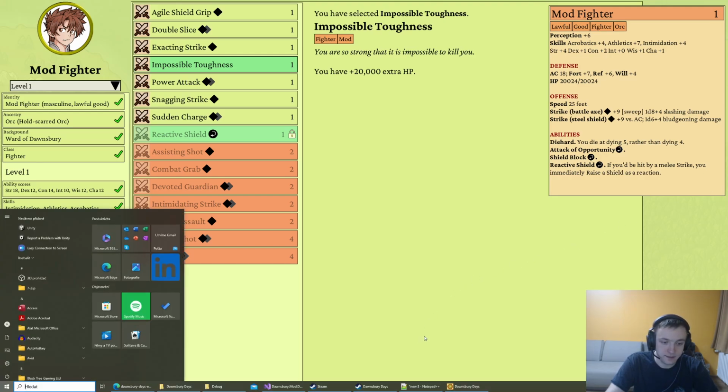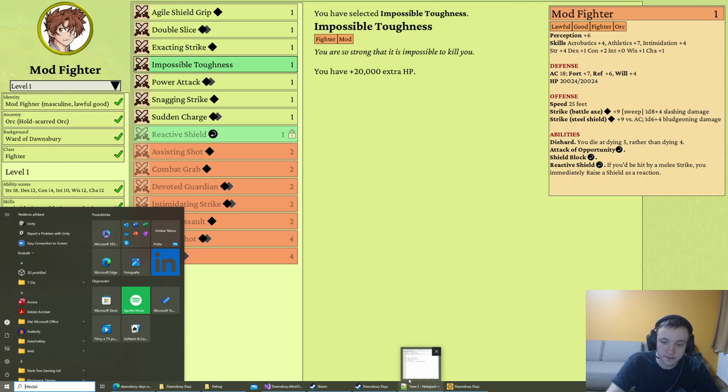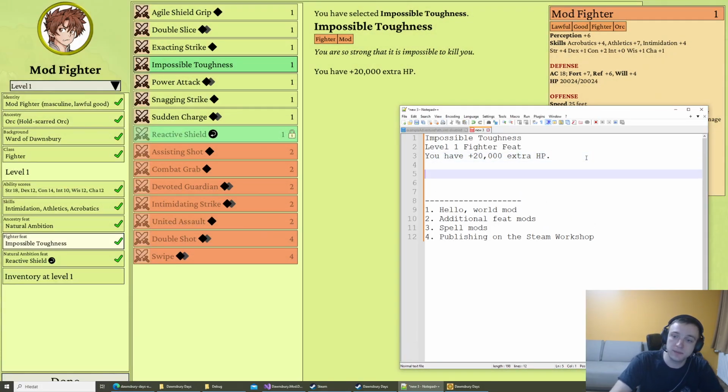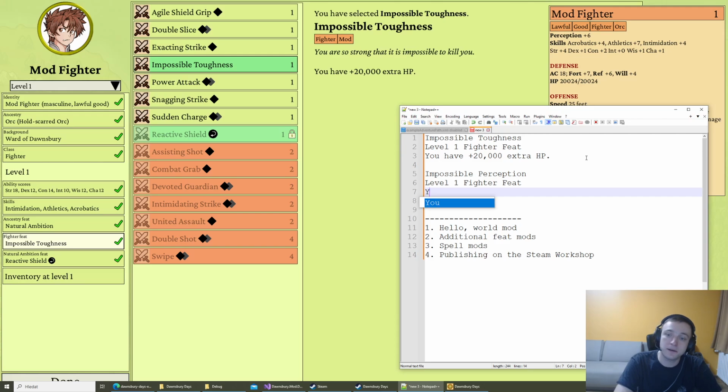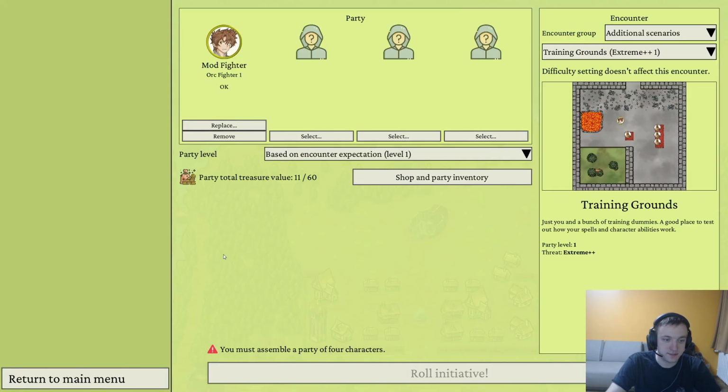Let's first start off easy and create a new simple mod. This time we'll call it Impossible Perception, another level 1 fighter feat, which will say you have plus 20,000 to perception. Why not? And so this way we will always win initiative. Great. Now, before we actually implement this feat,